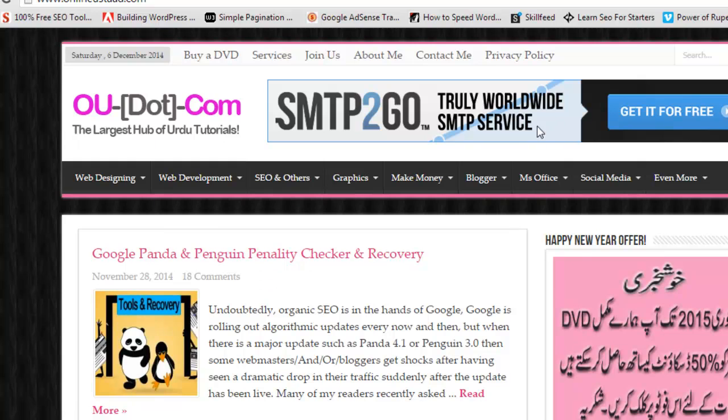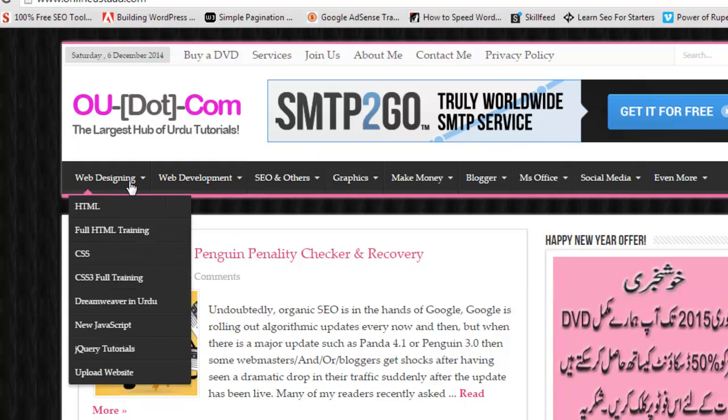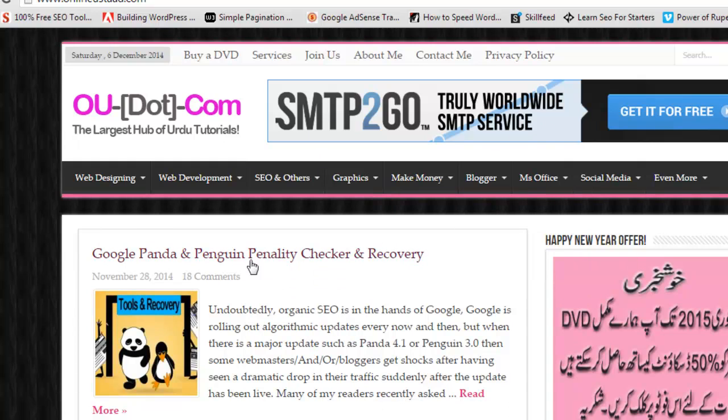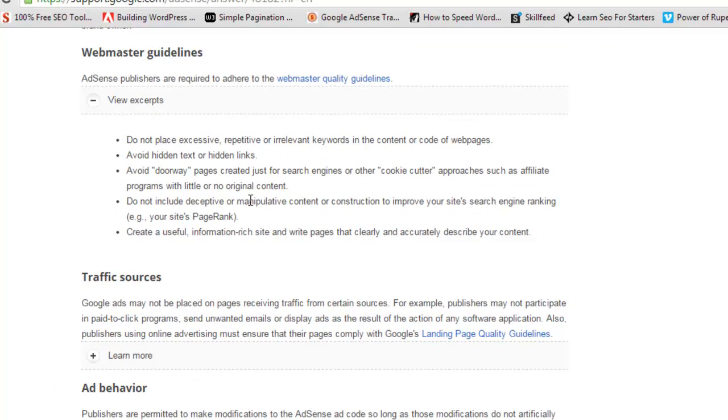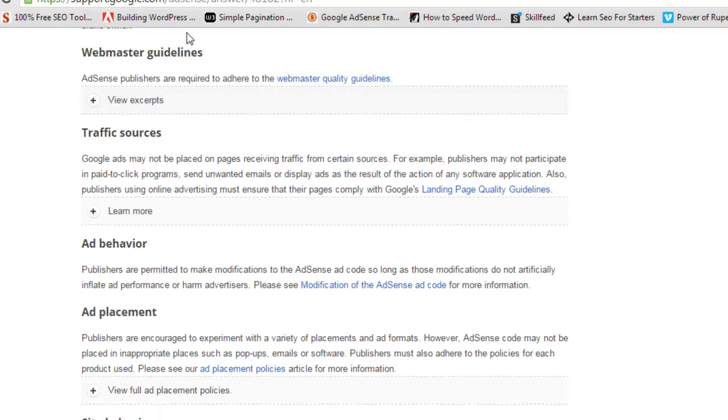This is the ad, you can see clearly, and this is the navigation bar, you can clearly see. This is the content etc. So your website should be clear and visible to the visitors. They should see everything clearly. So that webmaster guidelines you can see here about content.